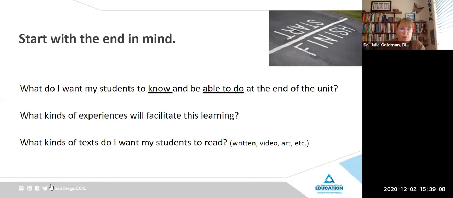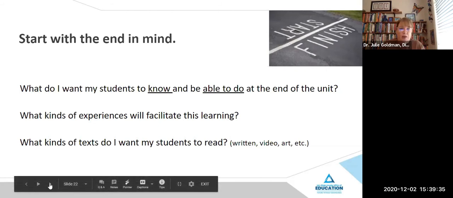If it's problem solution writing, am I going to write a problem solution letter? What's the genre? What kind of experiences do I want to connect kids with schools through global learning networks? How much time do I have practically for this? And what kind of text, meaning artwork, do I want them to interact with? Obviously written text, but also videos and other opportunities. So on the next slide,